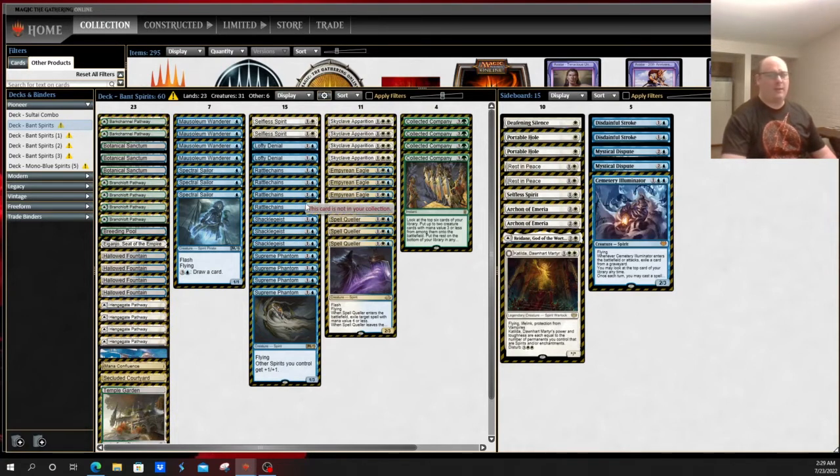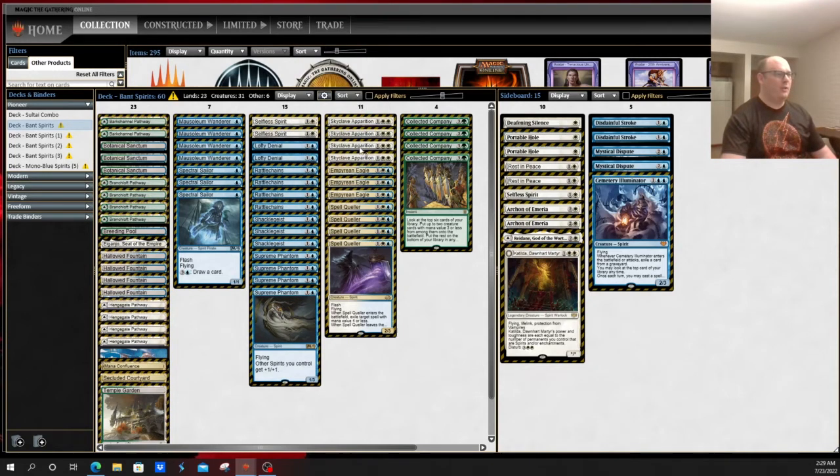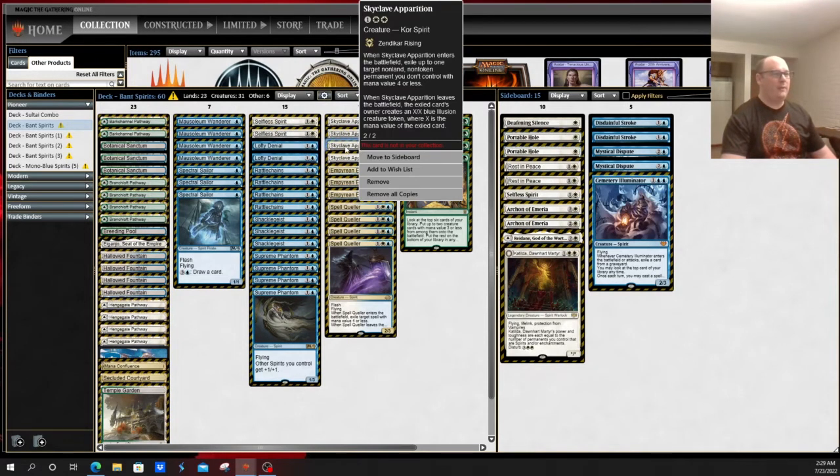You can easily tap down a thing like a Niv-Mizzet or some of the big dumb green idiots to get them out of the way, allowing you to finish off decks like Mono Green if they happen to get the few blockers they have up. Selfless Spirit gives you some protection against interaction, particularly sweepers. It's pretty good. And then Skyclave Apparition gives you a little bit of interaction, much like Spell Queller, against any type of annoying permanent your opponents might have, clearing creatures out of the way,